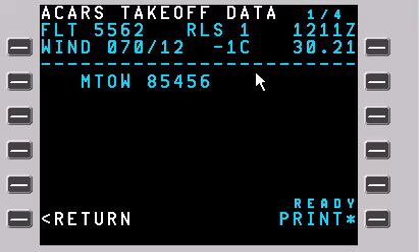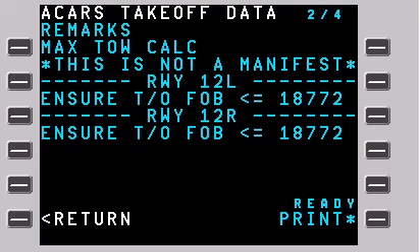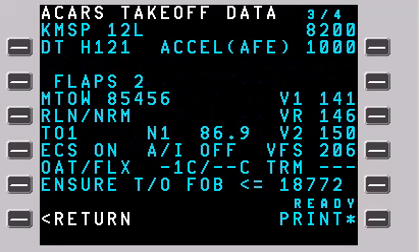And here's our max takeoff uplift. You can see our max takeoff weight in this case based on conditions is 85,456 pounds. And remarks, again, it's a max takeoff calculation. This is not a full manifest. That's indicated here as well. And then the 2 runways